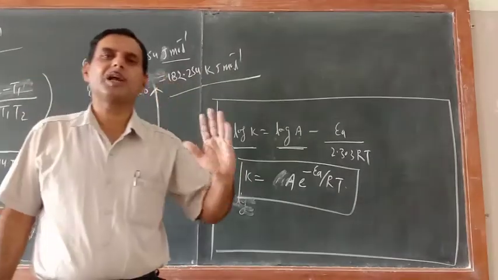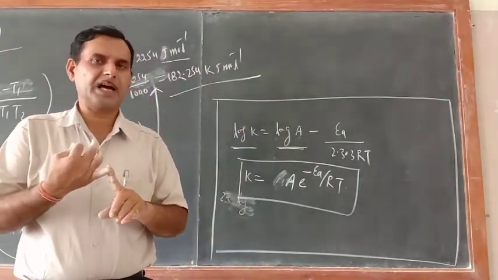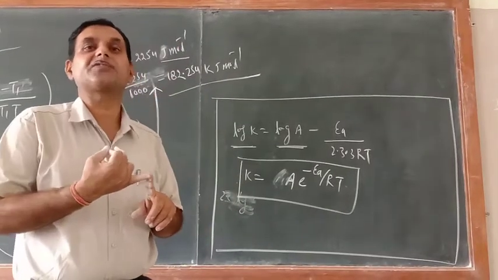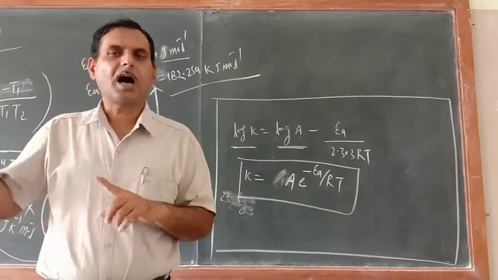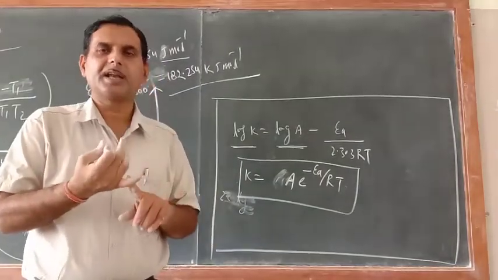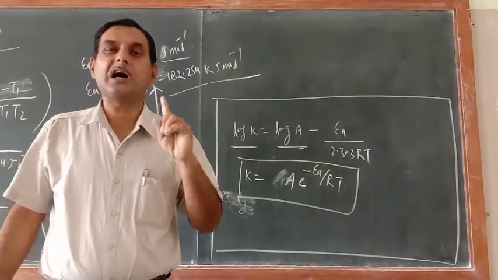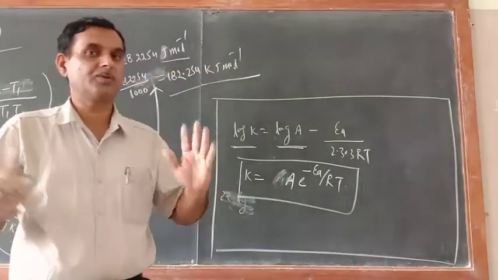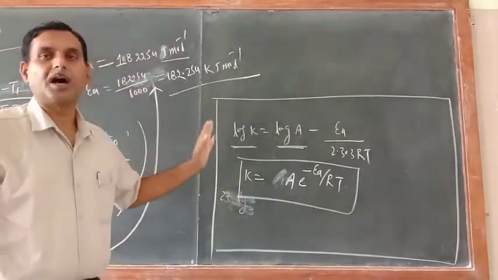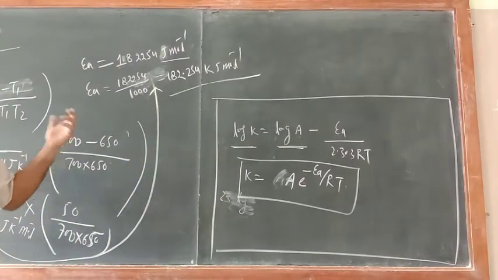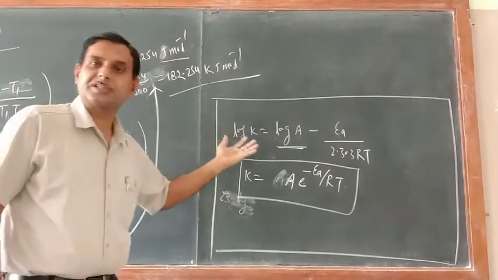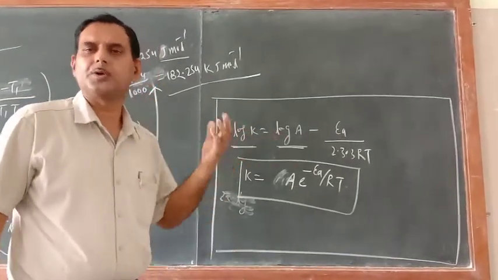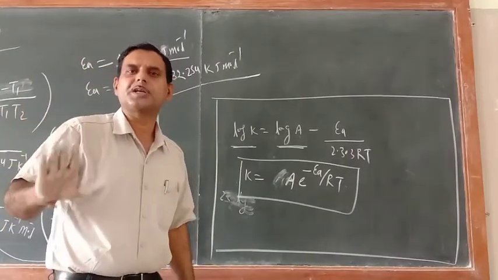As far as numericals are concerned, there are 3-4 areas. Number one is the numericals based on the integrated rate equation for first order and zero order. I have already given you enough practice. Next are the numericals based on the half-life period of zero order and first order reactions. Those numericals also I have completed. Now another area for numericals is the Arrhenius equation. So how to calculate the activation energy I told. Another thing also you can do it. In this way this unit is completely completed.